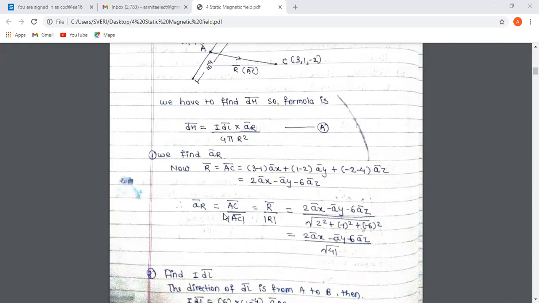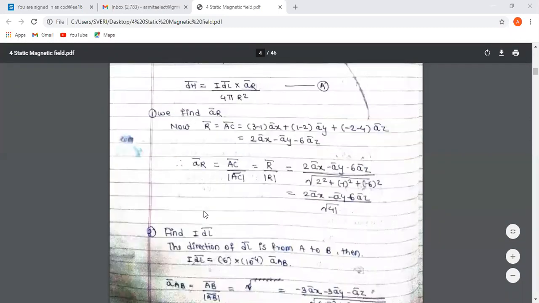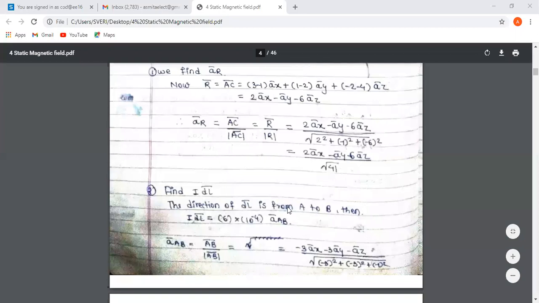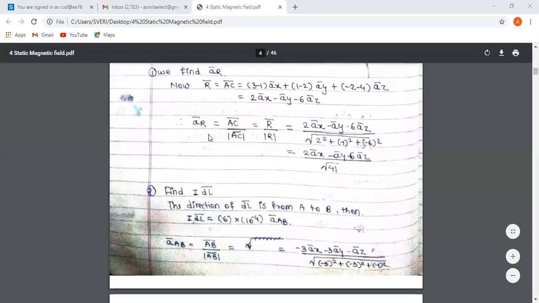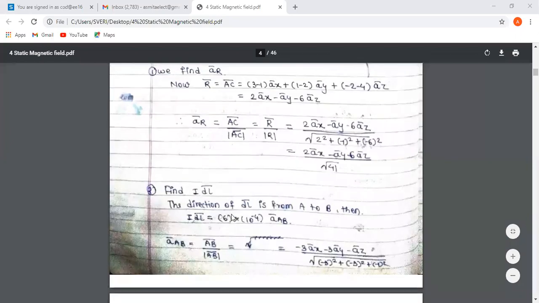Firstly, you have to study the first chapter. First study the first chapter, then you can easily solve these problems, because most of the students don't even know the definition of the unit vector. In the unit test many students gave the wrong answer for this unit vector. So it is the vector divided by its magnitude. So just find this unit vector. Then what is the remaining quantity? No remaining quantity, so only put in the magnitudes.